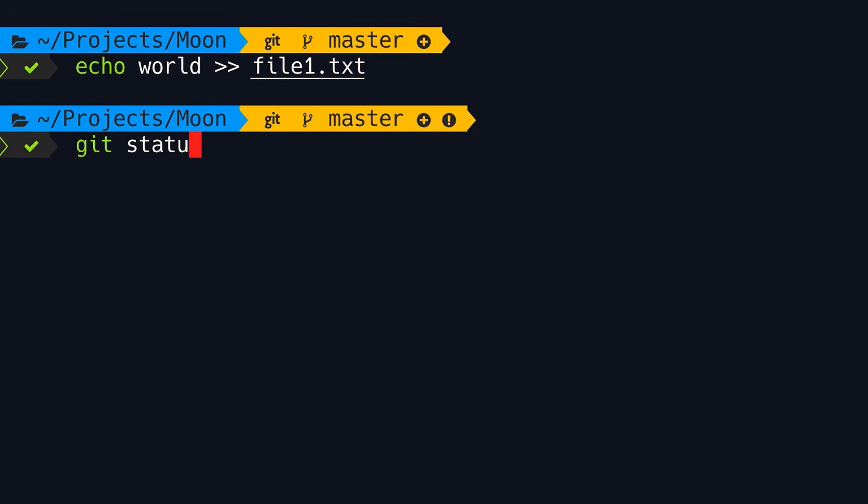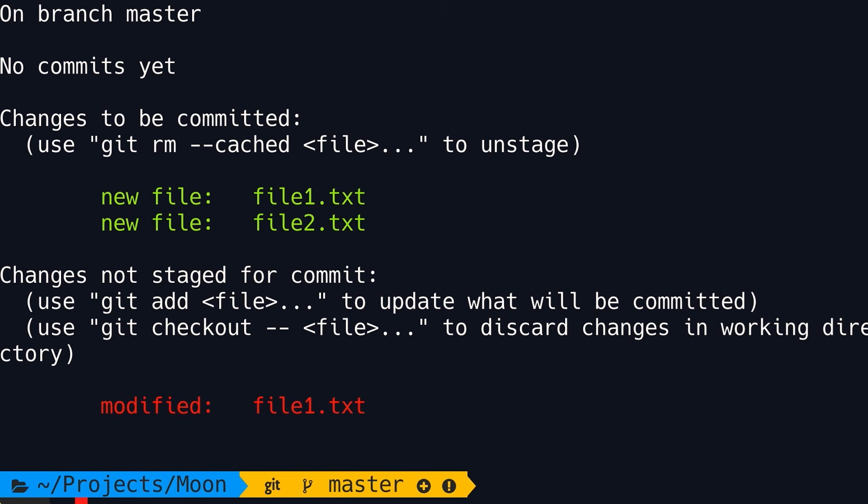Now let's run git status again. Look what happened. We have 2 files in the staging area because they're indicated by green, but we also have 1 modified file in our working directory. So you might be asking, but hey Mosh, didn't we already add file1 to staging area? Yes, we did, but when we ran the add command, Git took a snapshot of file1